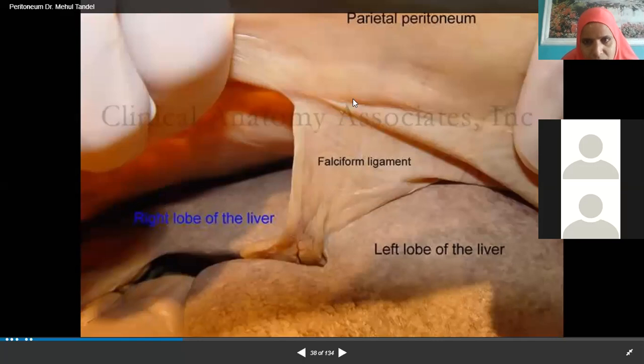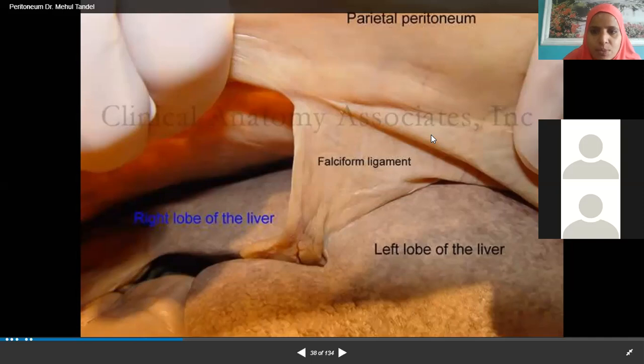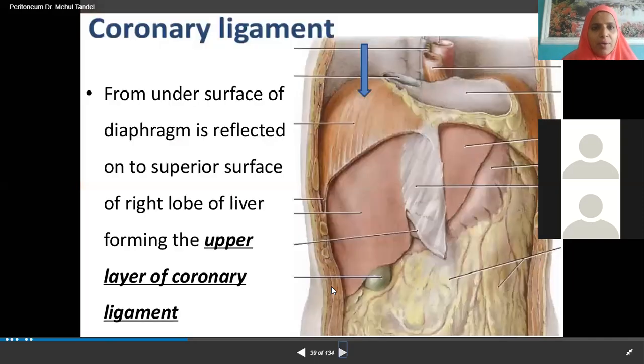If you observe, this fold is moving superiorly, and you can see it is going under the surface of the diaphragm to come downwards again to cover the lobes of the liver. I want this point to be understood very clearly. Falciform ligament is moving under the surface of the diaphragm. And what is the name of this continuation? You call it the coronary ligament. Okay, we have discussed coronary ligament. See, this is our diaphragm, and if you tear the diaphragm, you are finding the coronary ligament.